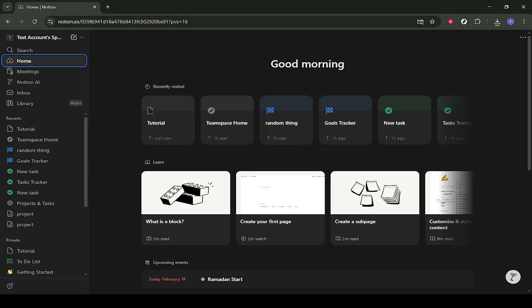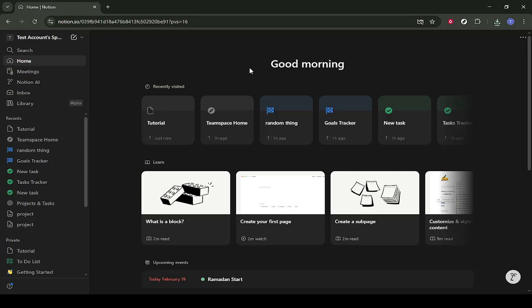In today's video, I'm going to teach you how to integrate Google Drive with Notion. This integration is really handy if you use Notion to organize your work or studies and you keep your documents, slides, or spreadsheets in Google Drive. By connecting the two, you can quickly embed and access your Drive files directly from your Notion pages without constantly